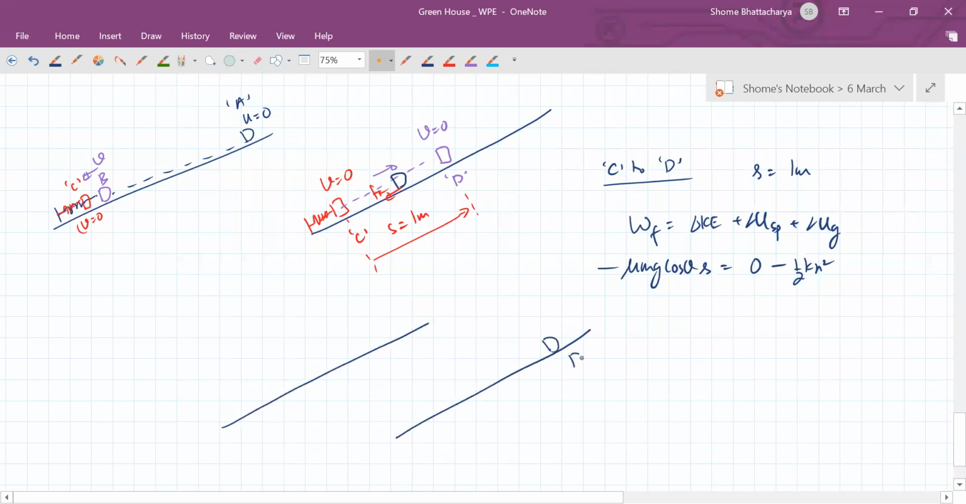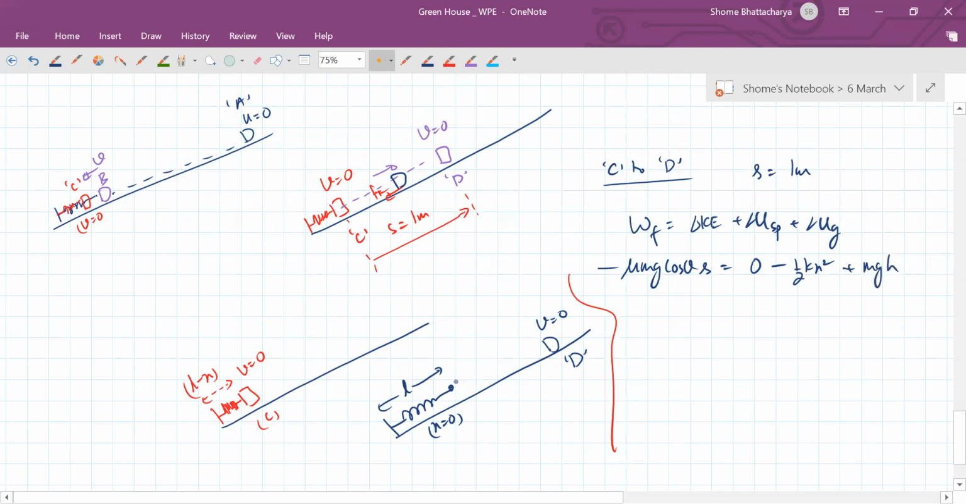When the block is at the position D at rest, the spring has now come back to natural length because the spring has released the block. So x is equal to 0. Whereas when it started, at that point of time, the spring was having a compression. So the spring's potential energy is changing from half kx square to 0 from C to D. So the change in potential energy of the spring is minus half kx square, and the change in gravitational potential energy is